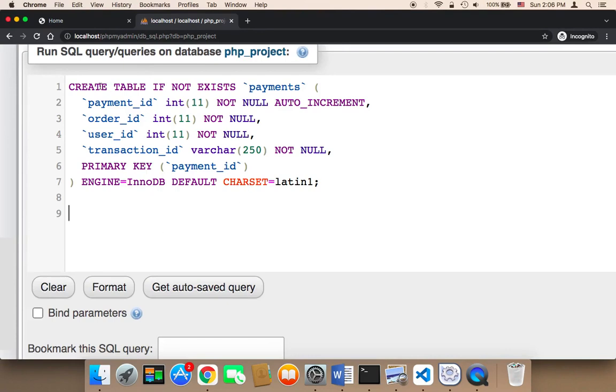So let me explain this code. This code is going to create the payments table where there will be 4 columns. The first column is payment ID, and the payment ID is going to be an integer of 11 digits, and it's going to be auto increment, so it's going to be unique. And then we will have the order ID, the user ID, the transaction ID, and the primary key is the